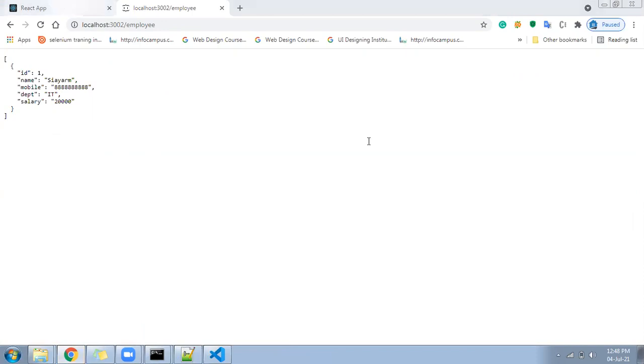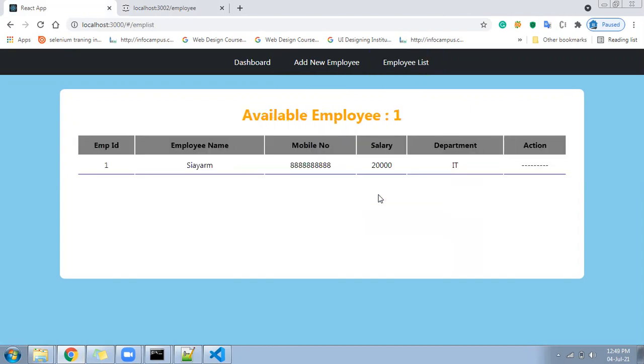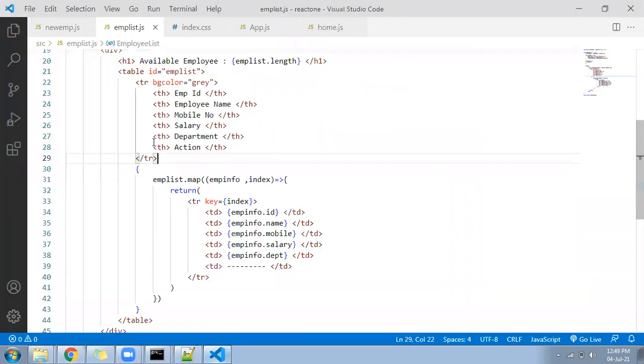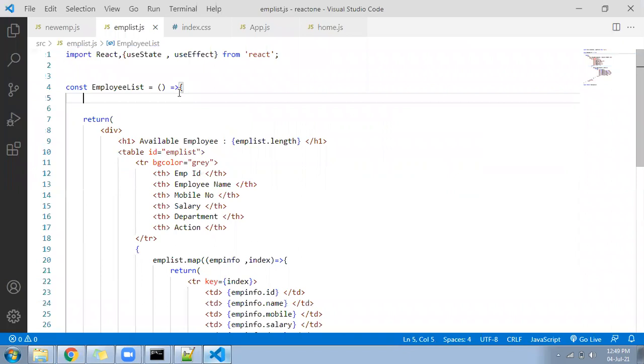the React part. In React, routing was already done. You have seen that already in the previous video. Now in React, first I'll come to the employee list page and show you how to fetch the data for that employee. So let's go ahead. As you have seen in my previous video, the employee component was ready, and in the employee component, now I am going to add the data, and I'll show you why we are adding it and where we are adding it.